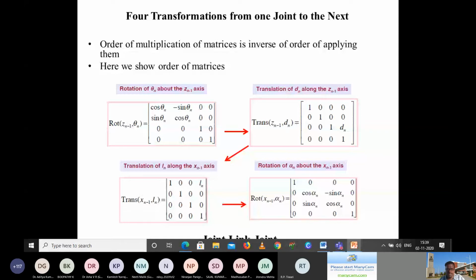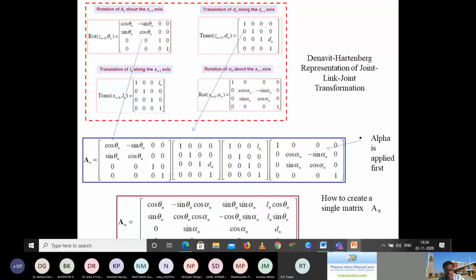Once we have done that, as I said, in the Cartesian coordinate, spherical coordinate, and cylindrical coordinate, you can write down the transformation matrix. Regarding this particular one, I hope you can see the cursor. The last one is rotation about the x-axis, that is alpha n. The second one is translation along the x-axis, I said an plus 1; here they have given ln. And then translation along the z-axis, that is dn. And then the first one is rotation about the z-axis, that is the formula cos theta, minus sin theta, sin theta and cos theta.